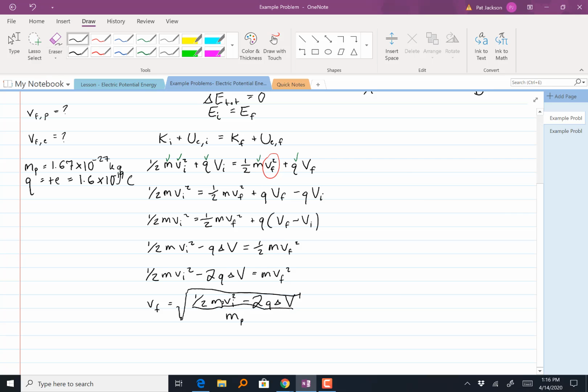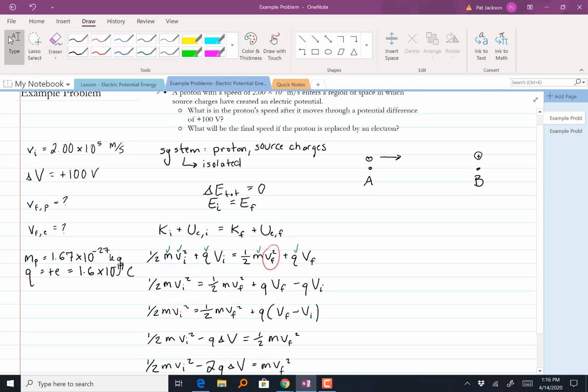So I can plug my numbers from my list of knowns into this equation, and it should give me my final speed. We'll double check one more time that all of these are in base SI units: meters per second, good, volts, good, kilograms, good, and coulombs, good. So we can plug those knowns in right from our list, and that should give us our final answer. Then the second part is asking what the final speed will be if the proton is replaced by